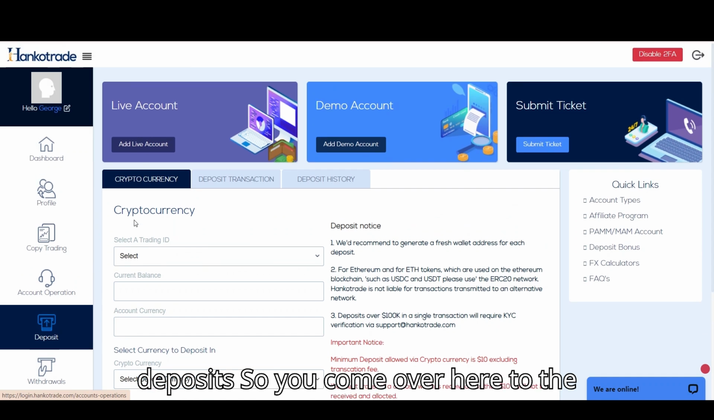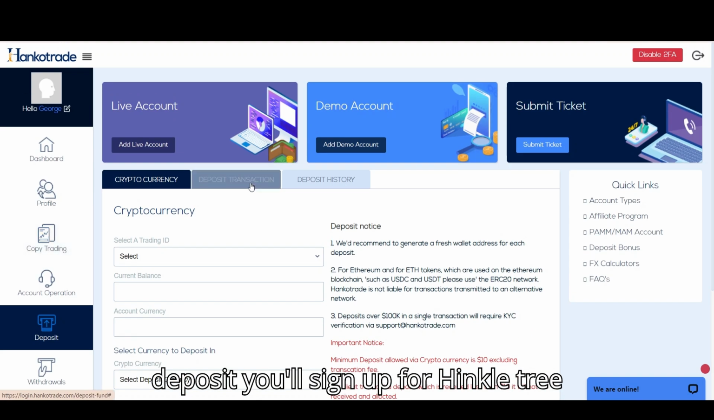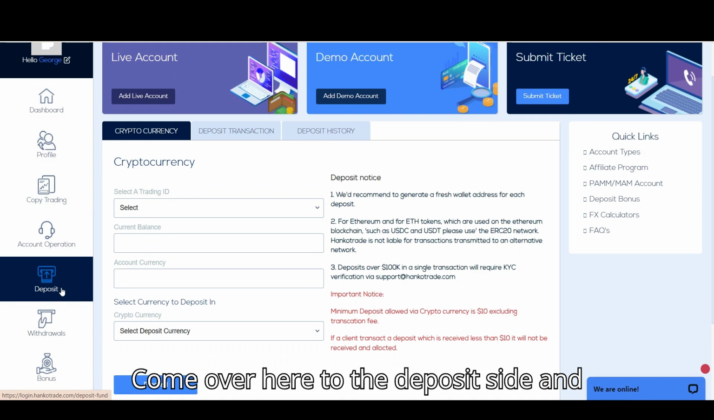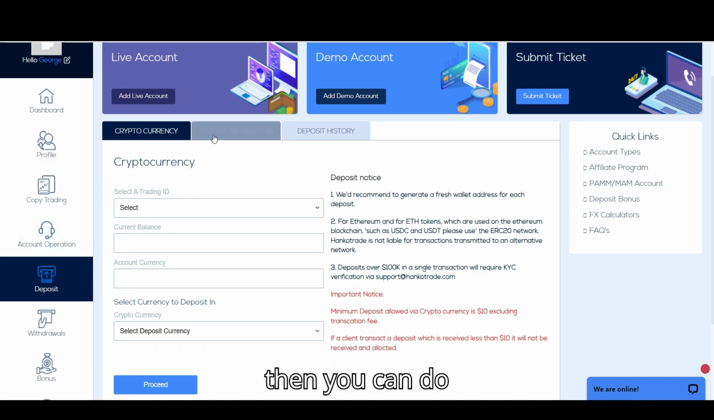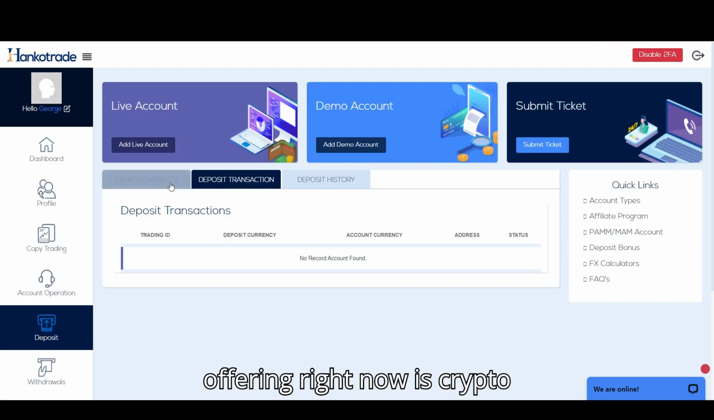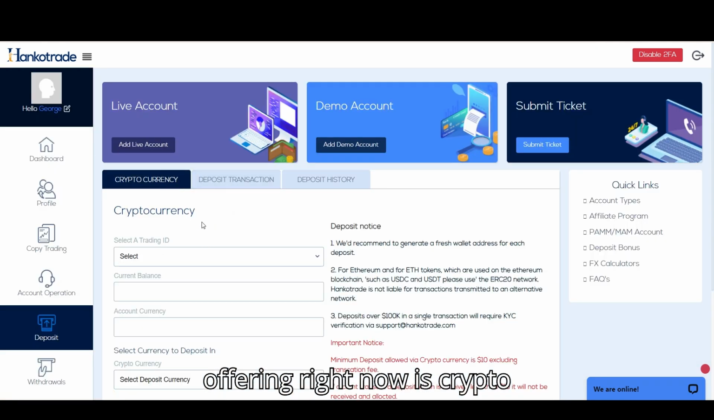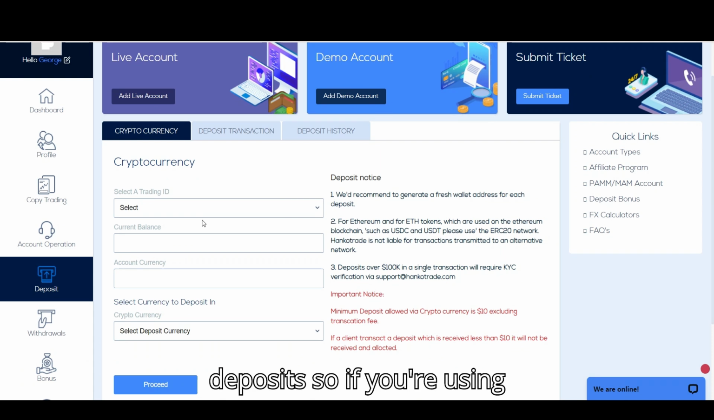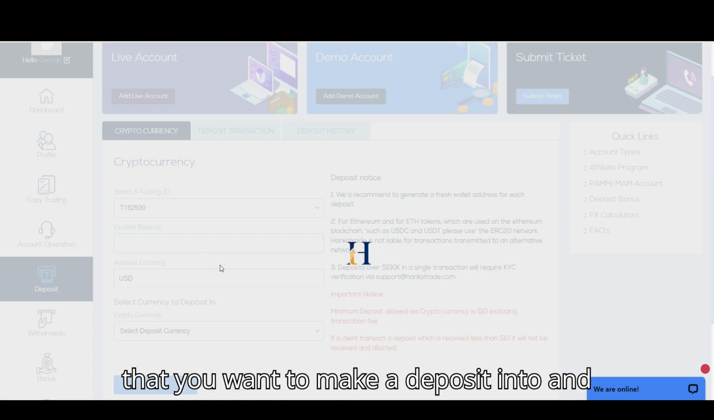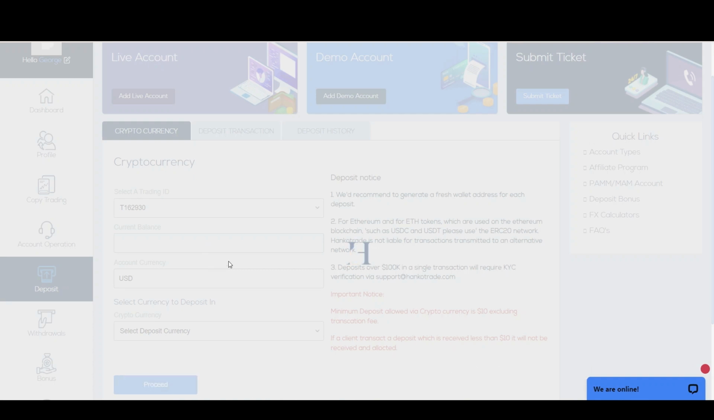So you come over here to the deposit. You'll sign up for Hankotrade, come over here to the deposit side. The only thing that Hankotrade is offering right now is crypto deposits. So if you're using Cash App or Coinbase, it's super simple. You choose the account that you want to make a deposit into, and then